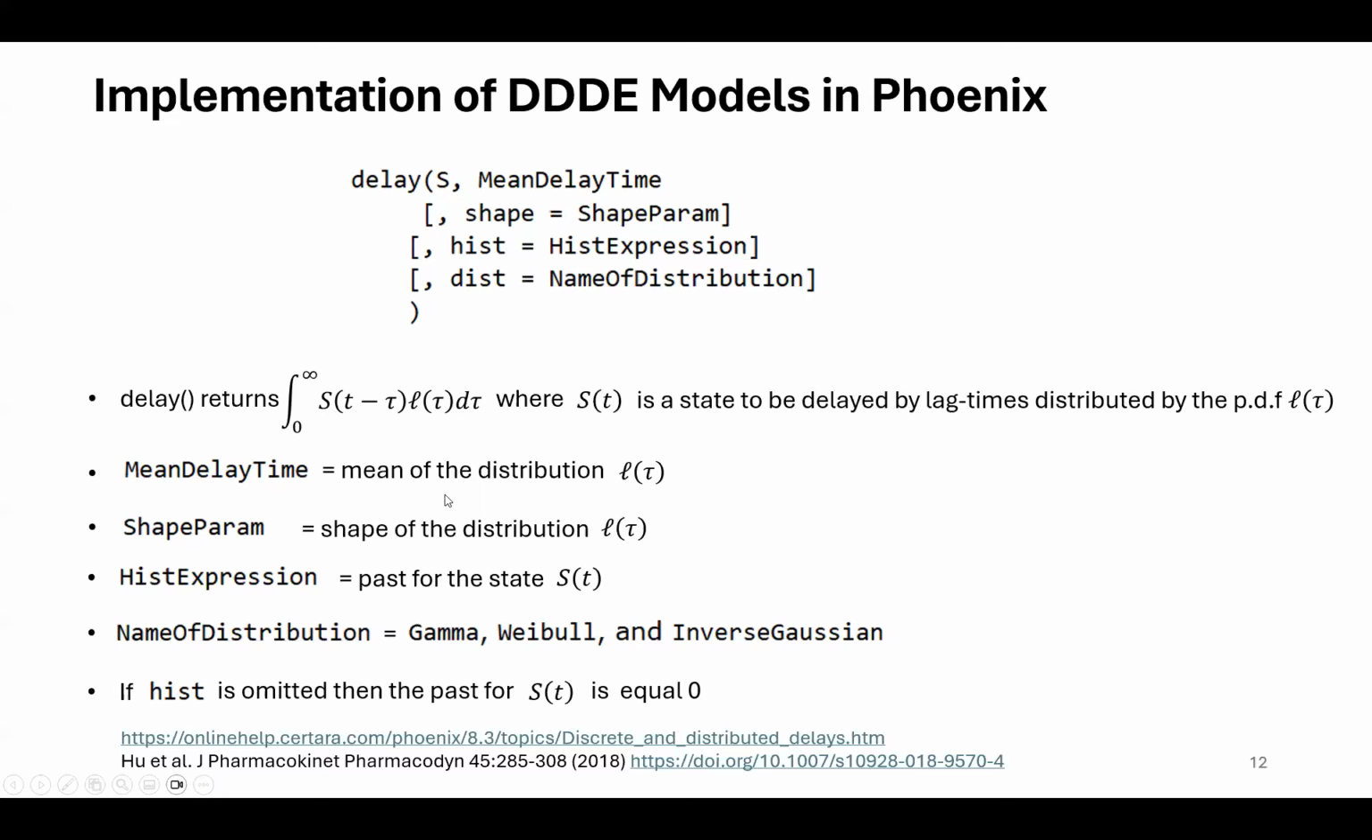So when the history is 0, the convolution integral and the output of the delay function are identical. So this is exactly our situation. There are more properties of that delay function, and there are some examples and additional definitions that I skipped here that you can find in this online